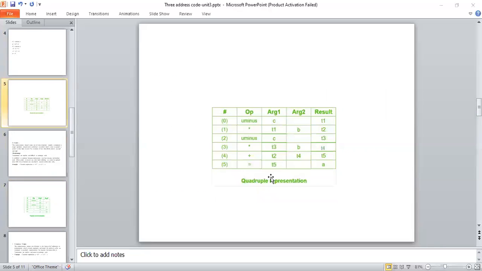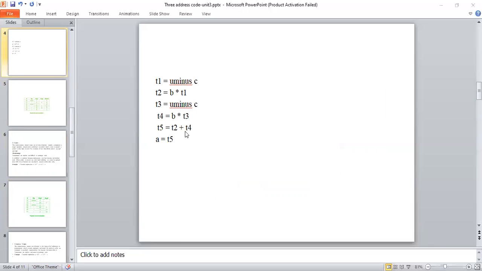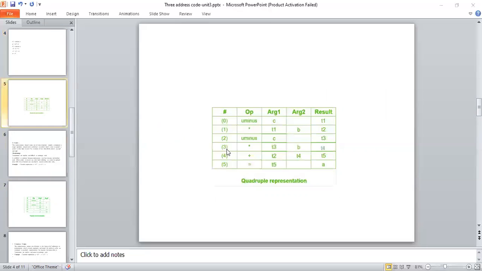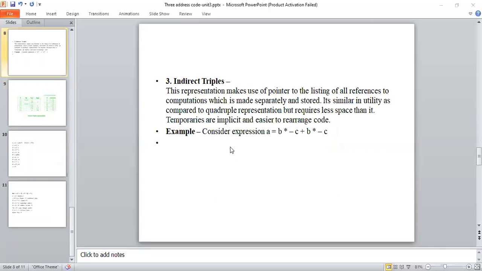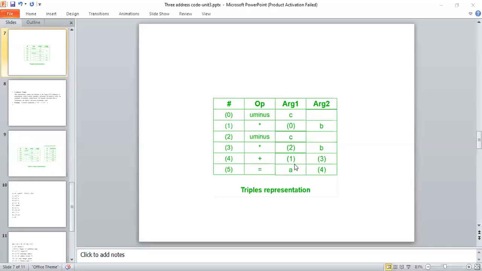Okay, now the last statement is called what? After adding this value, we have the result in T5. That T5 is sent into the variable called A. So here we don't have any temporary variable. Instead, we are directly taking the reference of this addition statement from the triple representation. After adding, we have the result in the fourth statement.